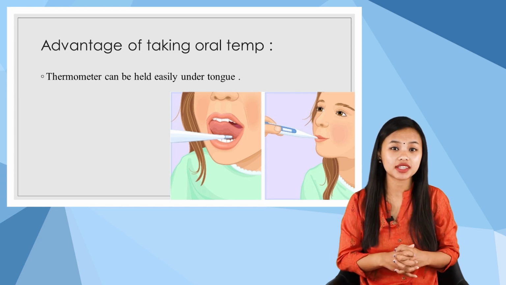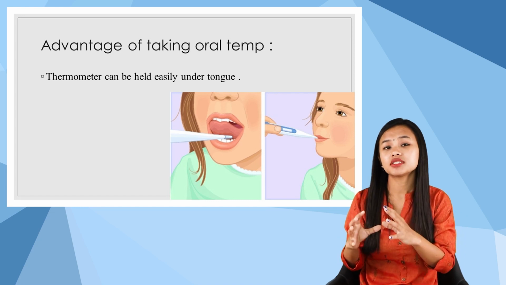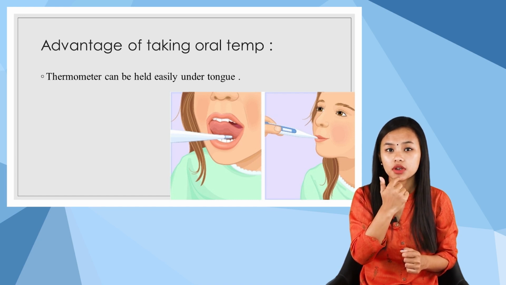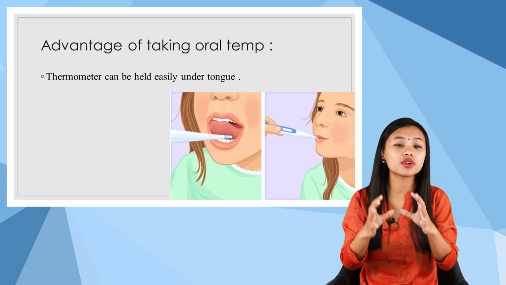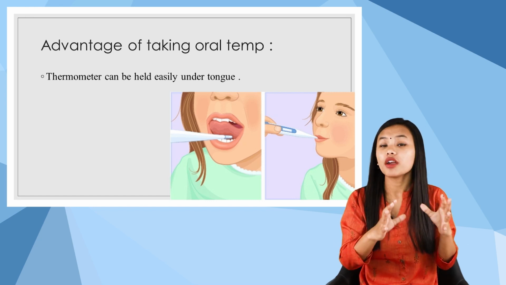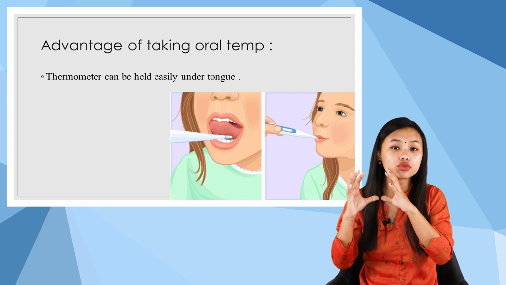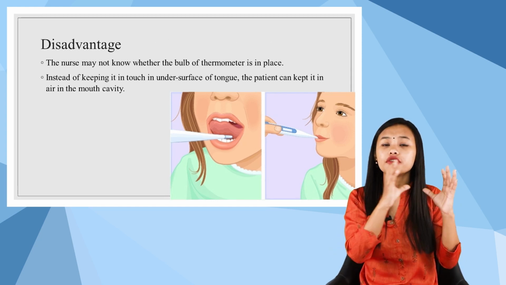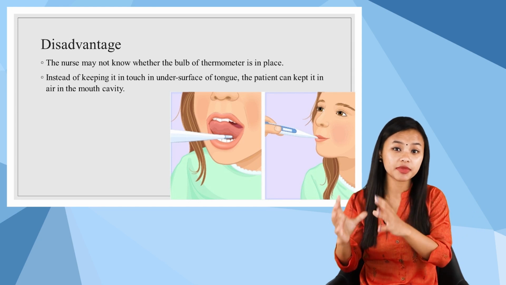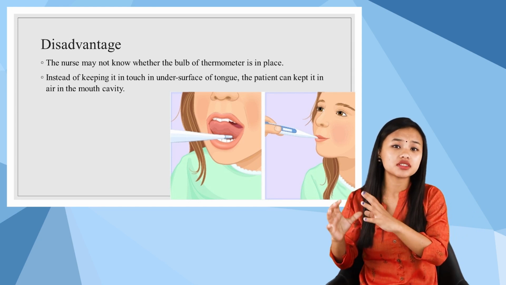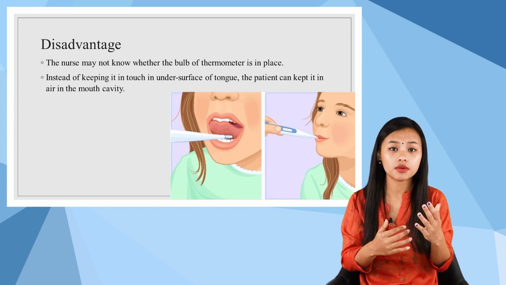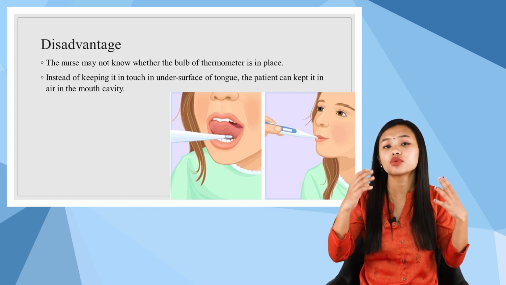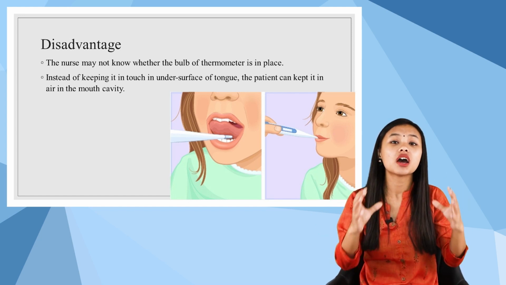The first advantage is that, since I've said that while you're assessing the temperature through the oral method, you have to place a thermometer in the sublingual area, right? And since we know that this sublingual area is the area where there is a good supply of blood, through this we will be able to get the accurate temperature. And also, if you are assessing the temperature through this method, then there are very few chances for the bulb to come in contact with the air. And also the thermometer can be held easily under the tongue, and also no privacy is needed for this particular